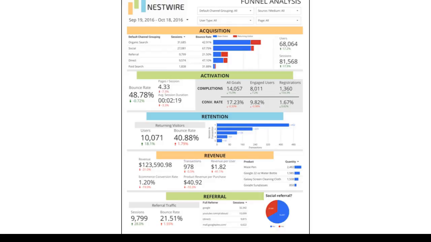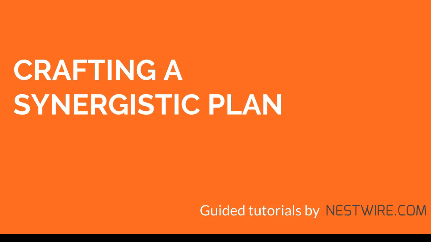Okay, let's do it. The whole point of analyzing your data this way is to find the best ways to nudge people down your R funnel. We separate each level of the funnel into distinct parts in order to focus on specific areas that we can improve. But the reality is that each level of your funnel is interconnected with the other levels. So we need to have an idea of the big picture and how the levels of our funnel can work